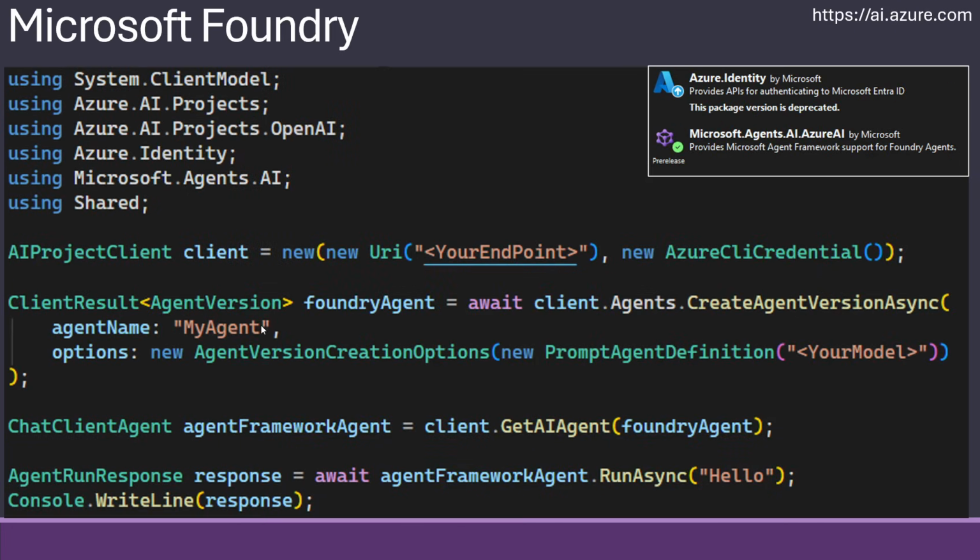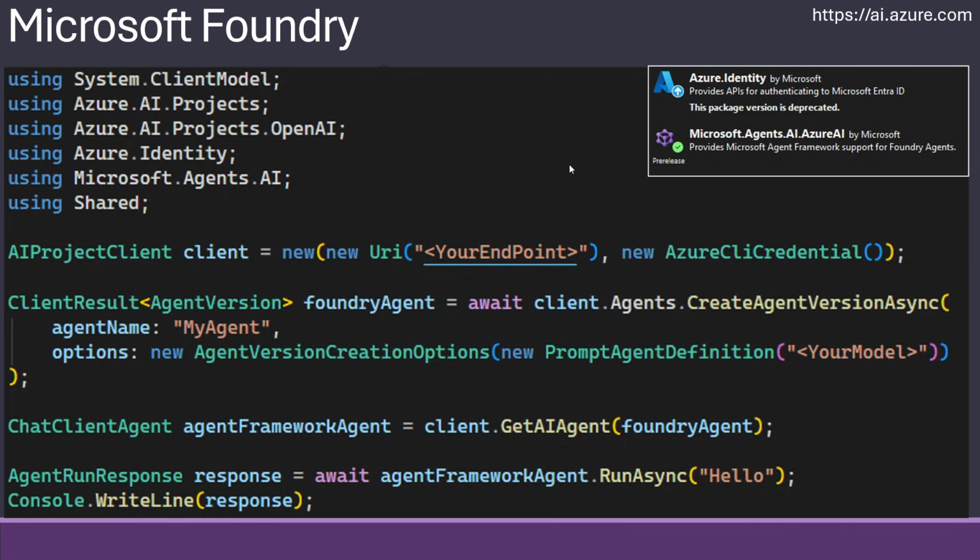Moving on to Microsoft Foundry, which is also up on ai.azure.com. So there's two ways of working with Microsoft here. This is the more corporate one, where your agents are actually being stored up in Azure. So instead of just newing up an agent, you actually create an entire agent and it will be persisted up in the cloud.